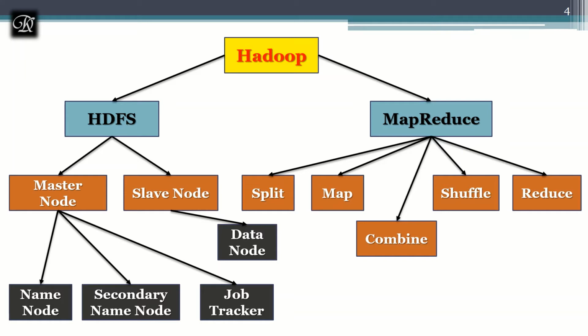It's going to completely record what the name node is doing. Whatever the name node content is, the same replica will be there on the secondary name node. This is there in version 1.0 of Hadoop. And version 2.0 of Hadoop has a hot standby node as well as a secondary name node.